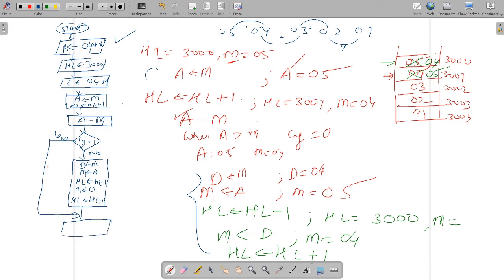So C will be decreased by 1. So now you will have to check whether it is 0 or not 0. So it will be compared, that is 0 or not. If it is not, then you will have to go for the second comparison.